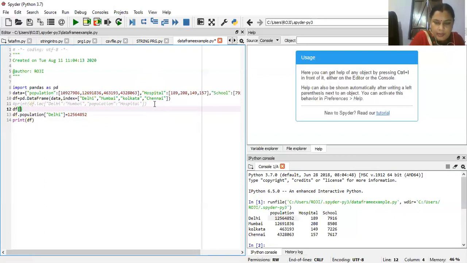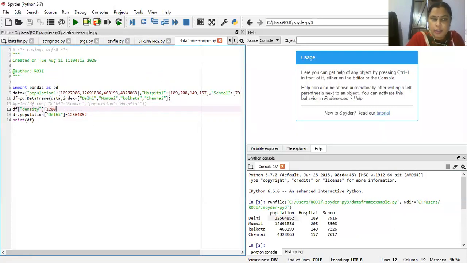The column name is density, and then we will provide the value for density, suppose the value is 1200.